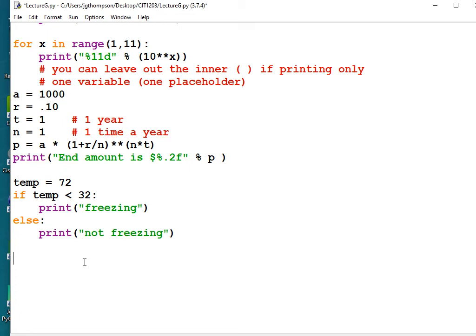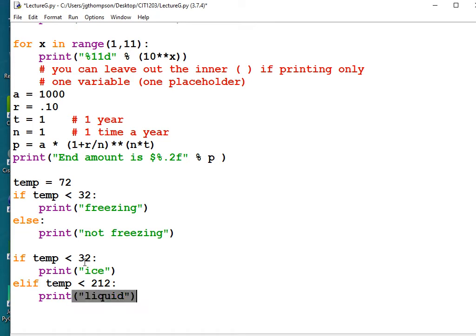All right, so what if we wanted to say freezing, liquid, or boiling? Well, boiling is an upper range of 212. So I'm going to rewrite this if statement to say: if temp less than 32, print parentheses, quote, ice, end quote, in parentheses, back tab, elif temp less than 212, print parentheses, liquid. Now this is for water,